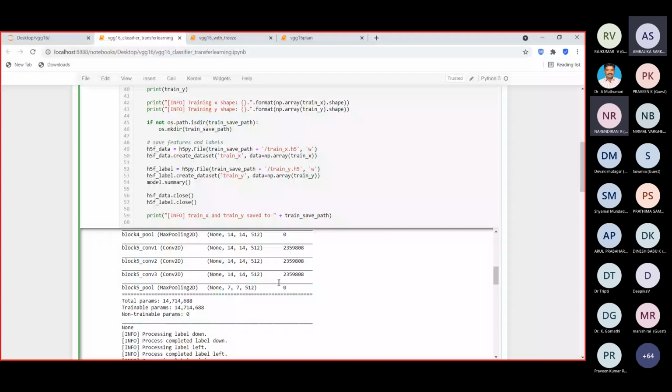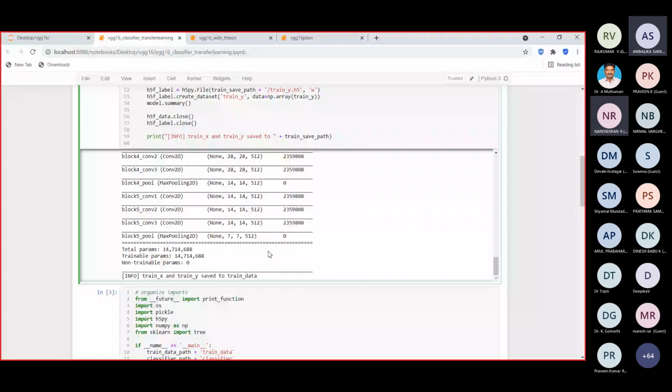And you see where this feature extraction is done here.